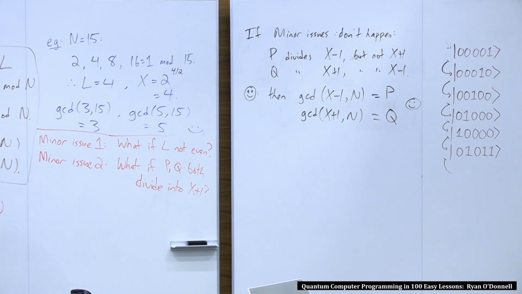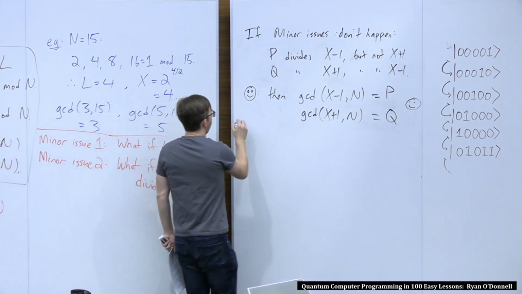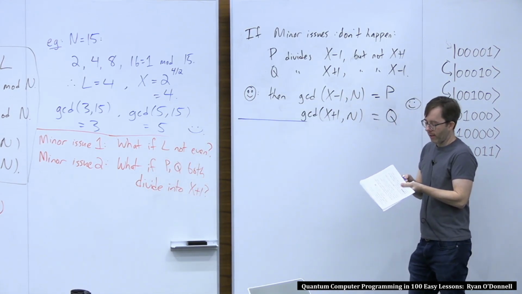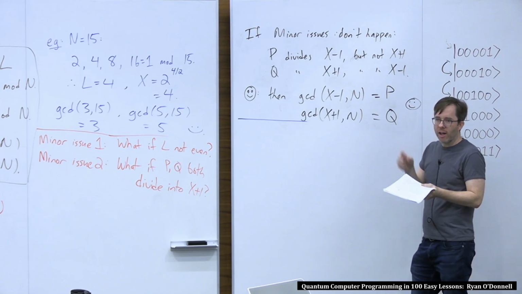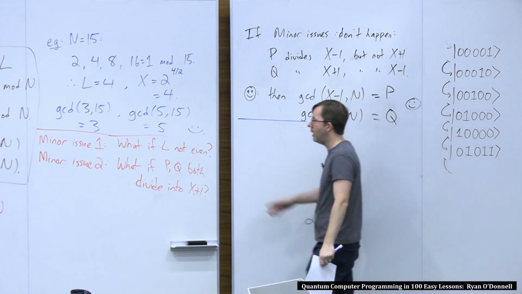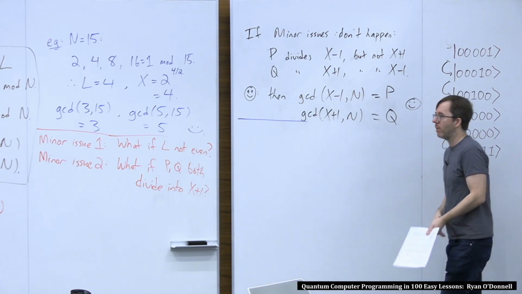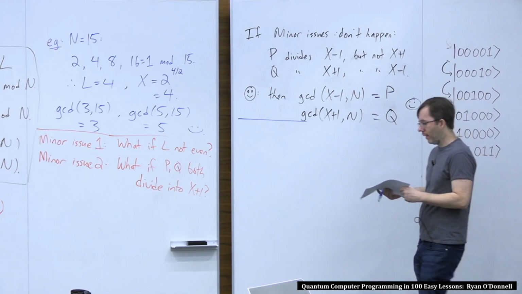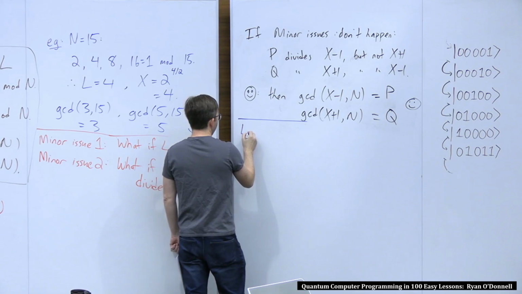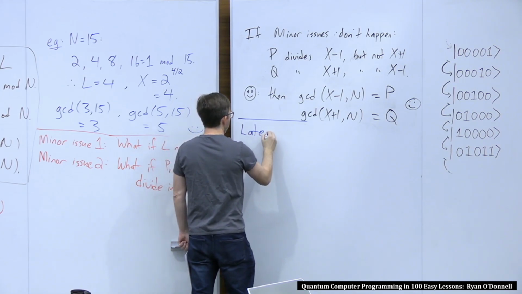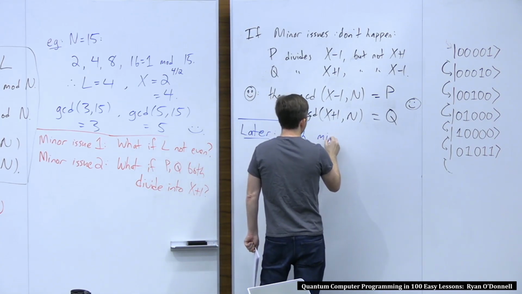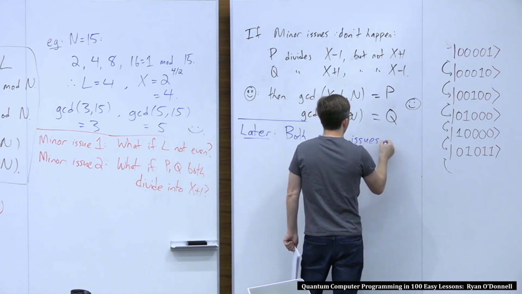So let me end this segment by saying either one of these minor issues can happen for the number you're trying to factor. They actually tend not to happen. If n was chosen to be a product of two random primes, then usually neither issue happens. But they can happen. But there's a little trick for evading them. We're going to see this trick only later when we do the number theory lecture. In a later lecture, when we do some number theory, we'll see that both of these minor issues are easily fixed